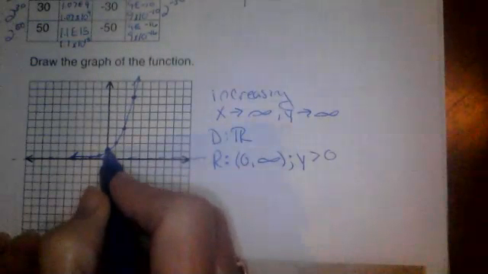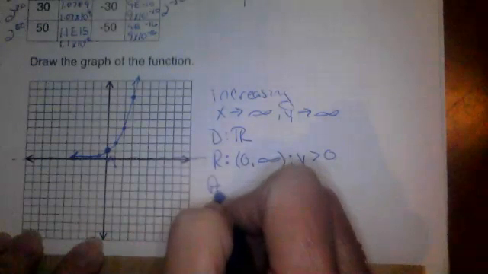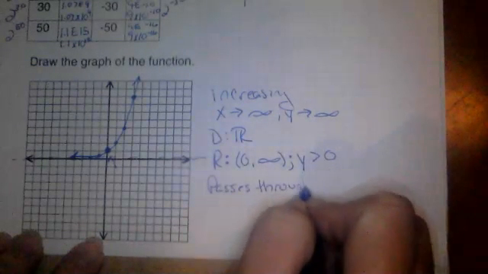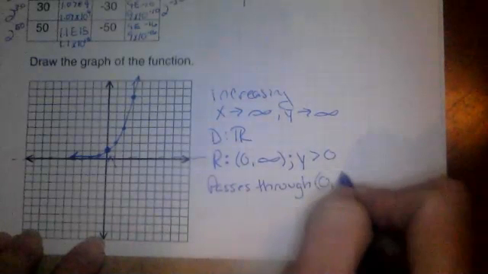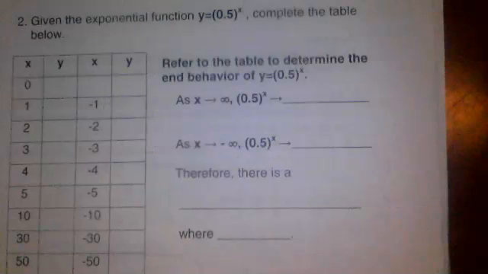Also, I pointed out to you this 0, 1 point right here. That's going to be very important. It passes through the point 0, 1. Alright, so on the back, we have this as our parent function, which is y equals 1/2 to the x